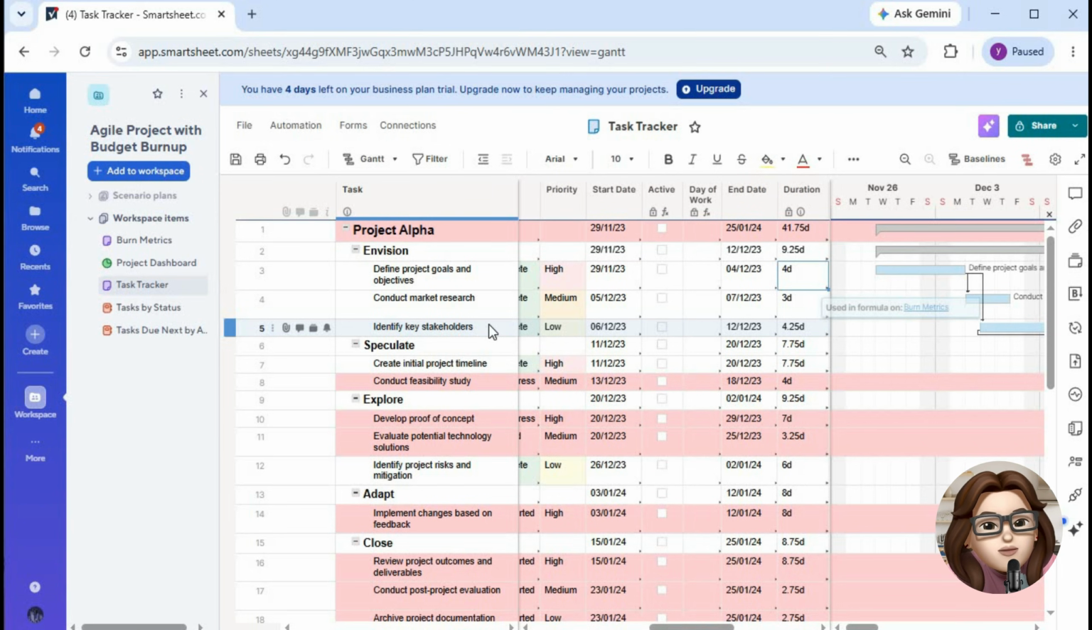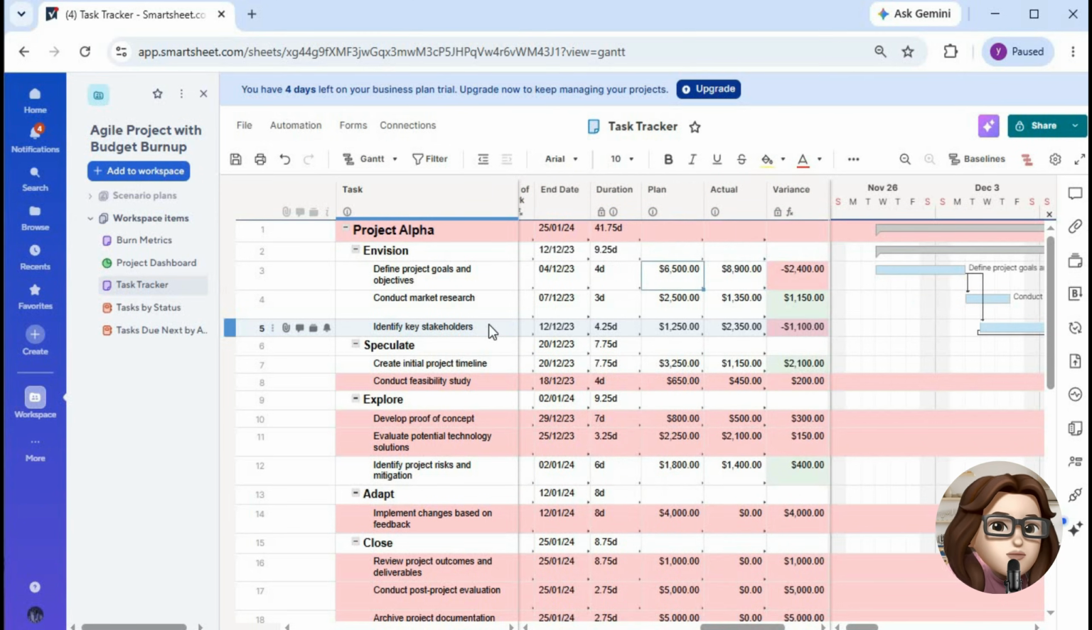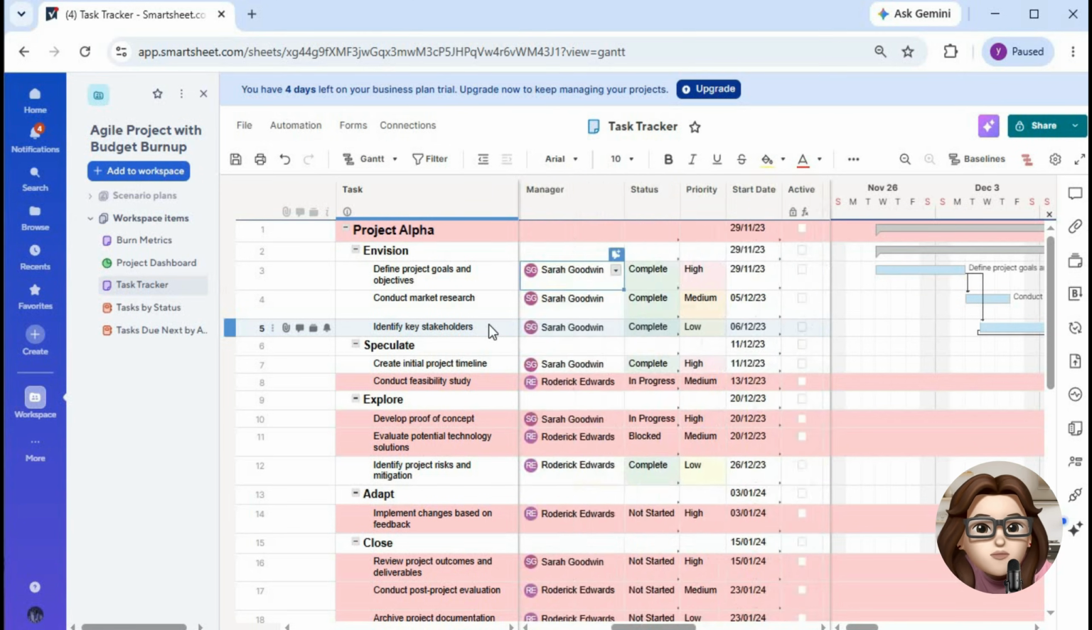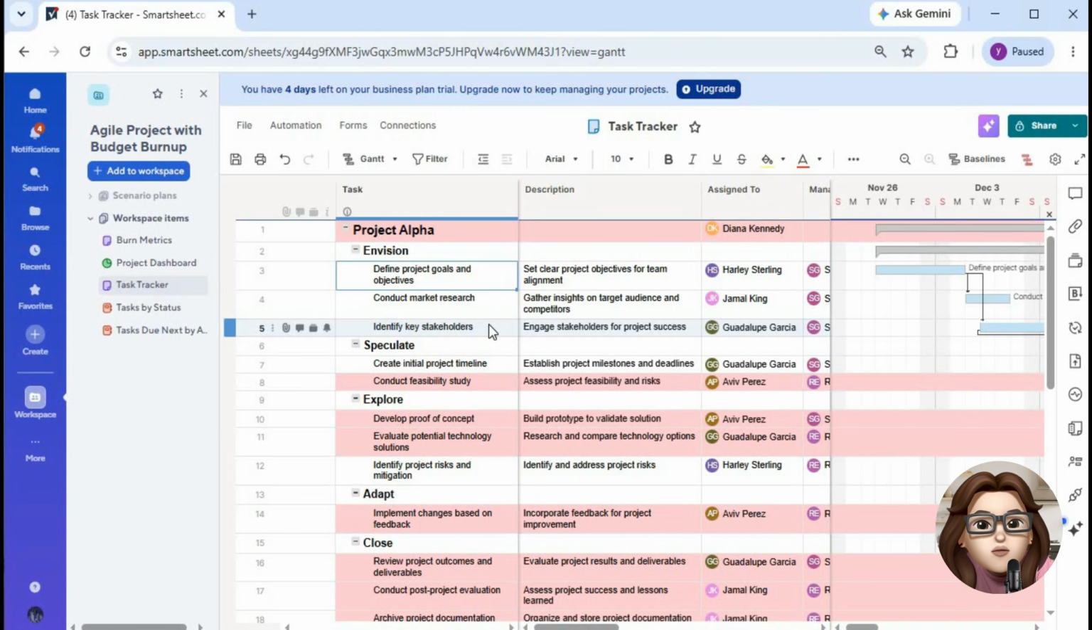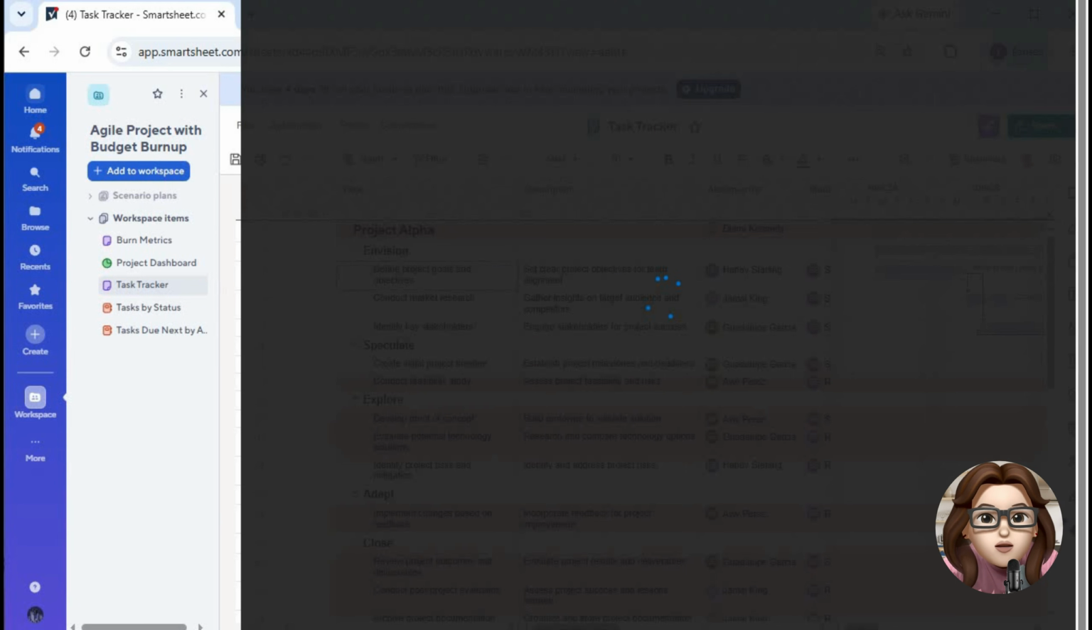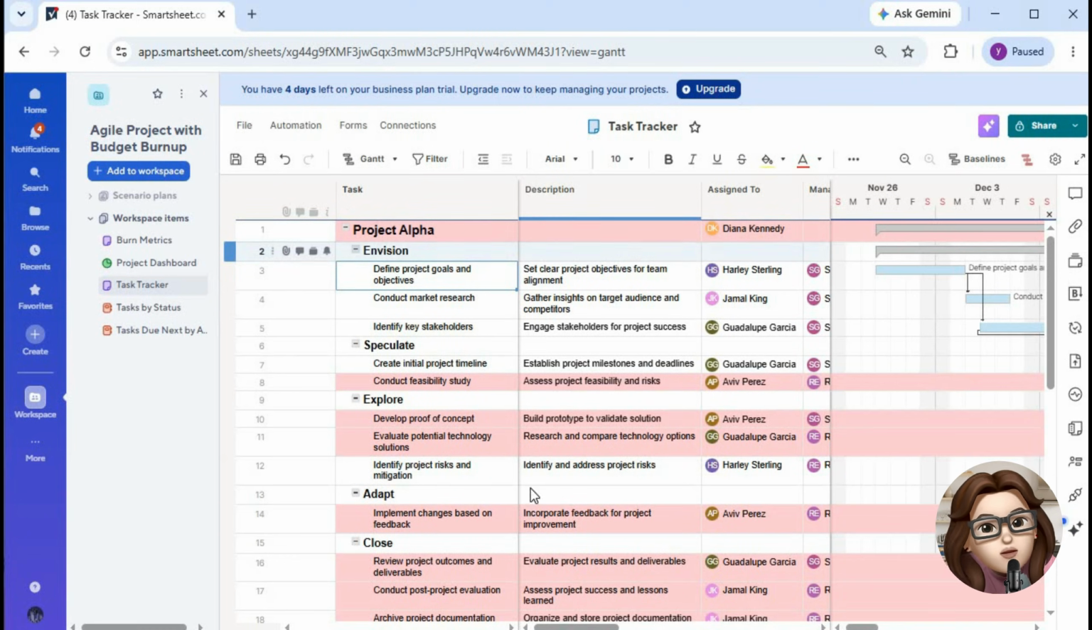Once your tasks are assigned, enter the allocation percentage for each task. For example, if someone is spending half of their time on a task, enter 50%. As you add assignments, Smartsheet can help you track how much of each person's available capacity is being used across